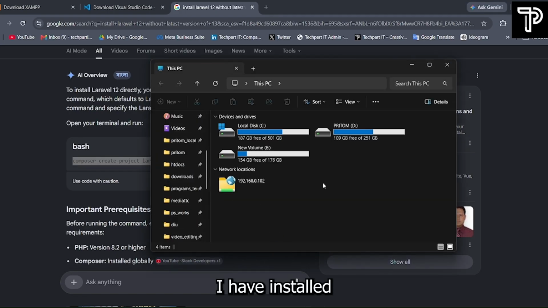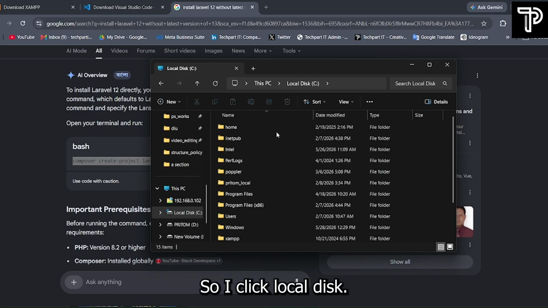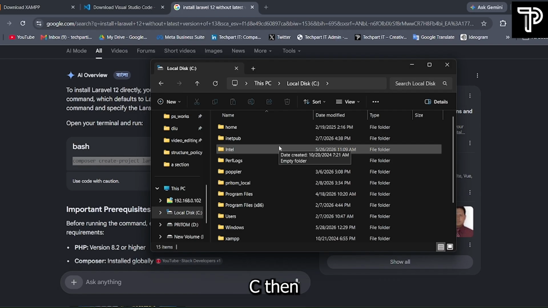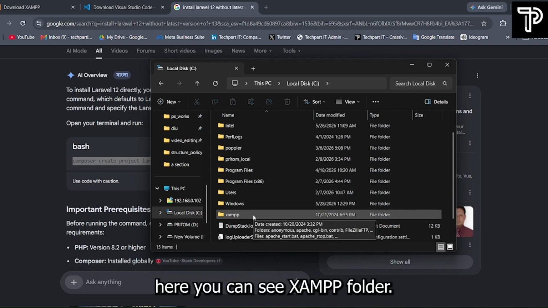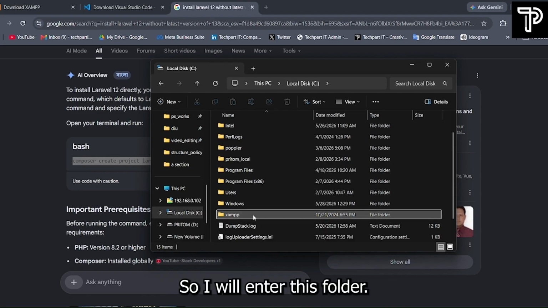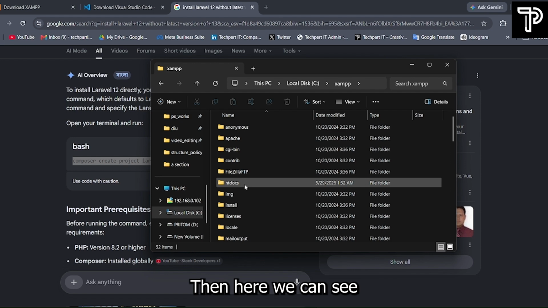I have installed XAMPP in local disk C. So I will click local disk C. Then here you can see the XAMPP folder. So I will enter this folder. Then here we can see the htdocs folder. So inside the htdocs folder,